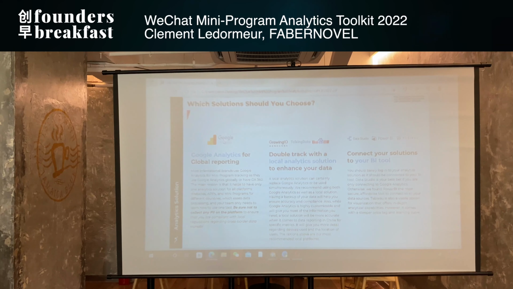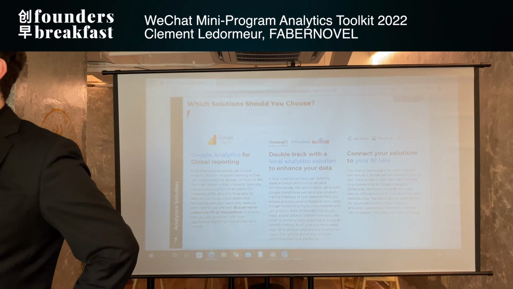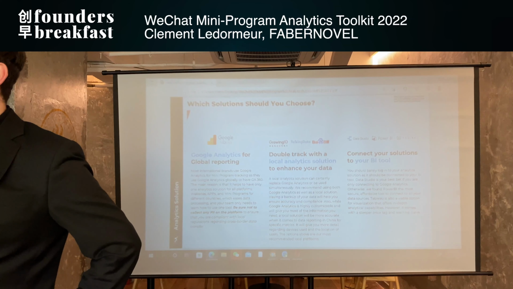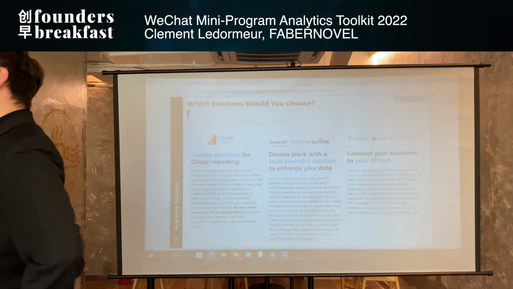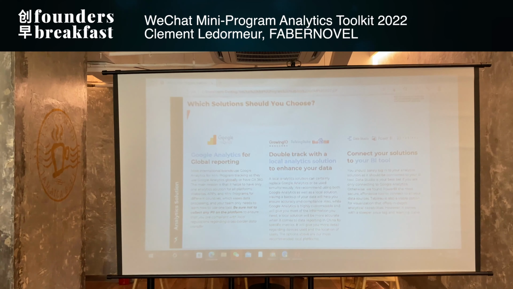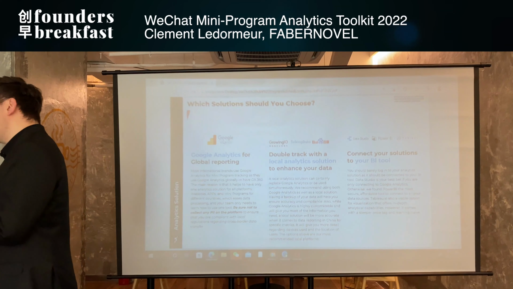It's very difficult because the law doesn't tell you very clearly that it's not possible. The week before, I was with IT people in a conference, and the compliance responsible was saying there is nothing in the law that tells you you cannot use Google Analytics in China. So you see, it's very hard to interpret the law.